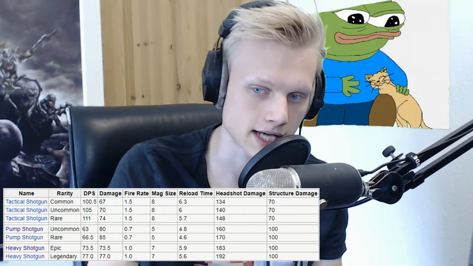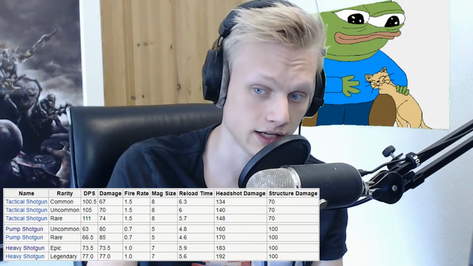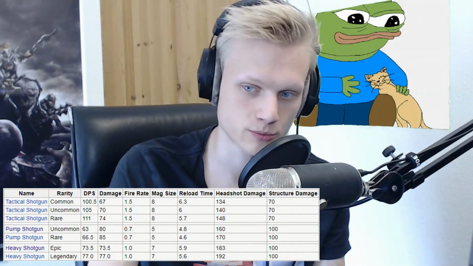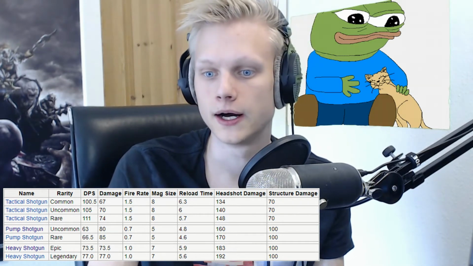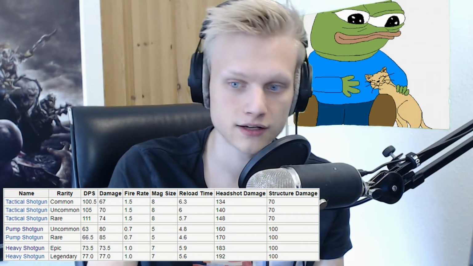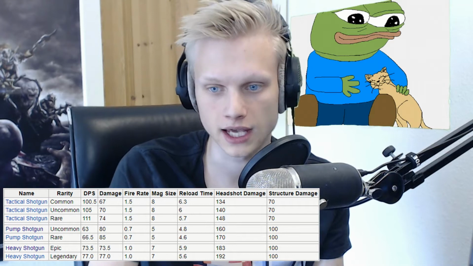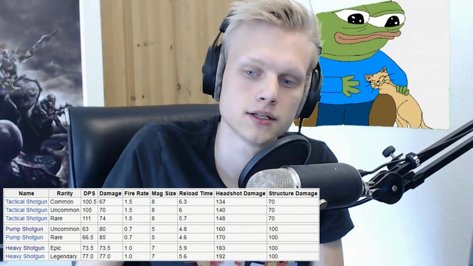So the green does 80 damage and the blue does 85. And the headshot multiplier is just 2, so it's pretty basic, pretty simple. And the magazine size is 5 for the pump, 8 for the tactical, and 7 for the heavy shotgun. The pump shotgun's